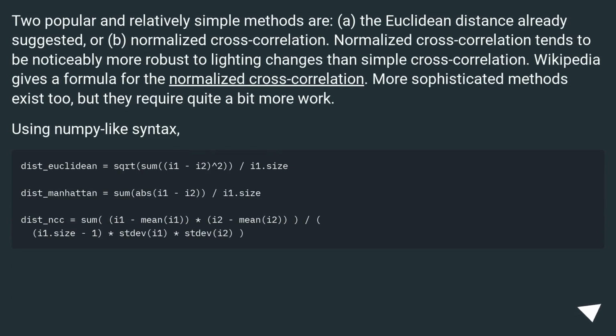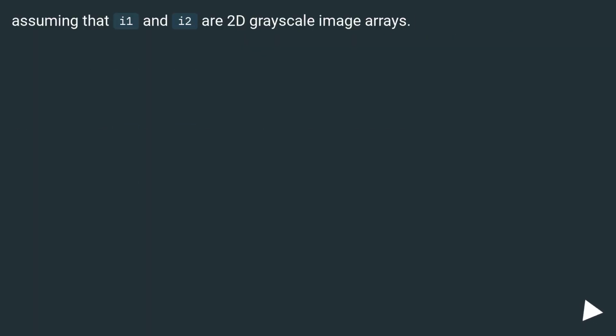Two popular and relatively simple methods are A. The Euclidean distance already suggested, or B. Normalized cross-correlation. Normalized cross-correlation tends to be noticeably more robust to lighting changes than simple cross-correlation. Wikipedia gives a formula for the normalized cross-correlation. More sophisticated methods exist too, but they require quite a bit more work. Using NumPy-like syntax. Assuming that I1 and I2 are 2D grayscale image arrays,